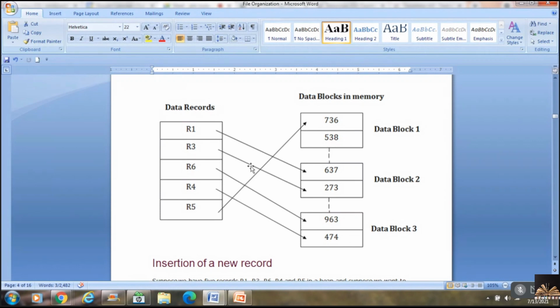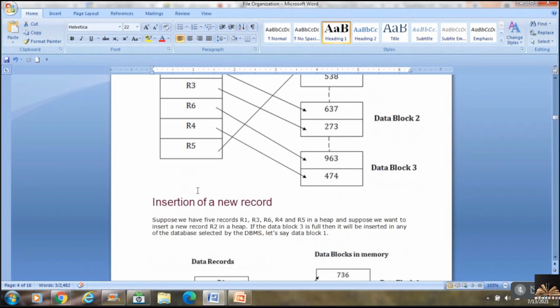And usually what we assume is that whenever a new record needs to be inserted into a file, it goes into the end position. This is my data block 3. And if I want to insert a new record, R new, then I assume that this would be the position where my new record would be stored. But what is happening here is that this is already full because there are 2 pointers already pointing to this particular data block. And what is the empty data block over here? The empty data block is data block 1, which is position 538.